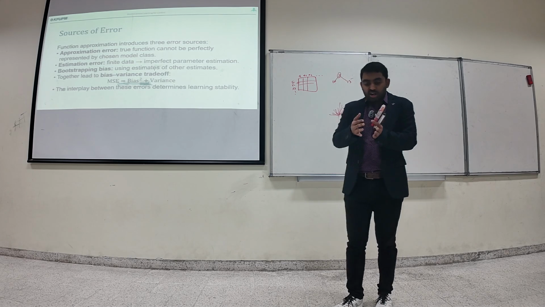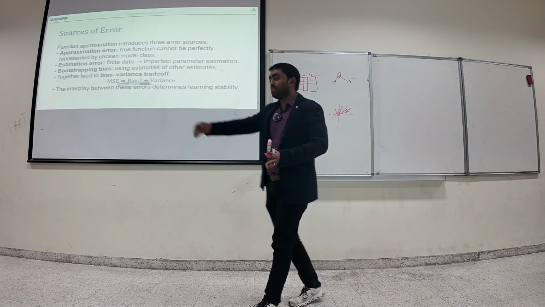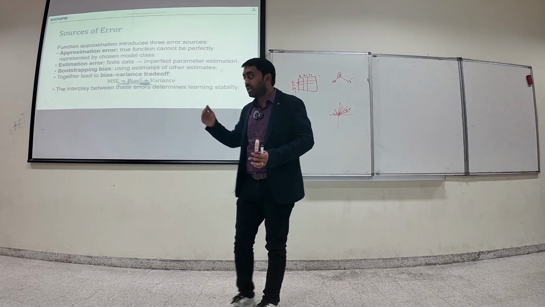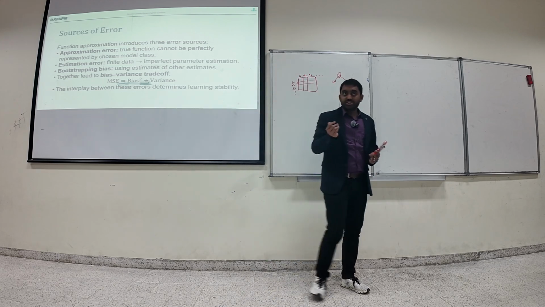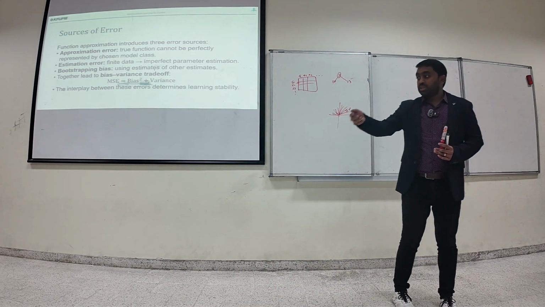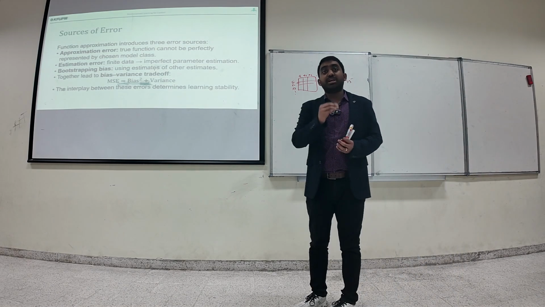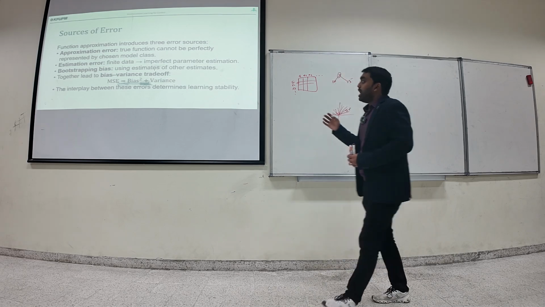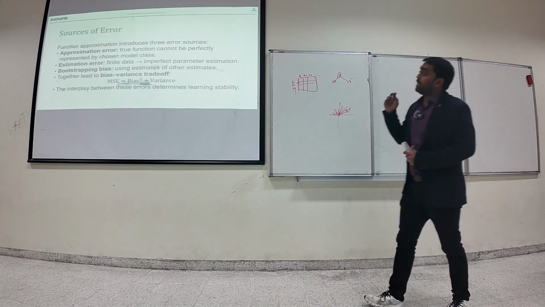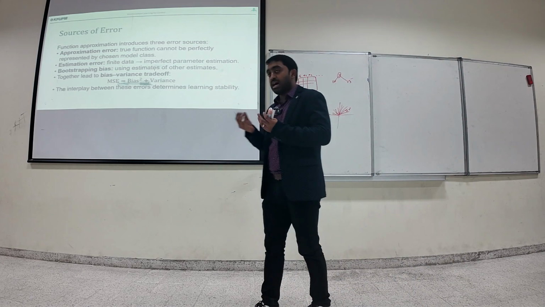Estimating, right? So you are in one state, and from there you estimate the rewards that you might get in the future, which is obviously prone to errors. Now when this accumulates because of the neural networks, these errors might increase, right? Also, you have to balance the bias and variance.